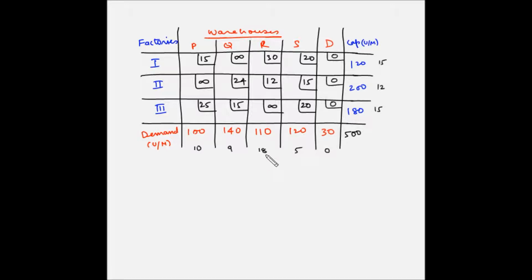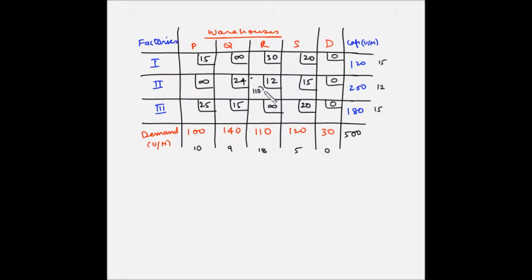Now we have to allocate the maximum number of units to the square with the minimum cost in this selected column. So the square with the minimum cost is 2R, this one here. So let's evaluate the supply and demand situation here. Factory number 2 has a supply capacity of 200 units per month, while warehouse R has a demand of 110 units per month. So the maximum we can allocate here is